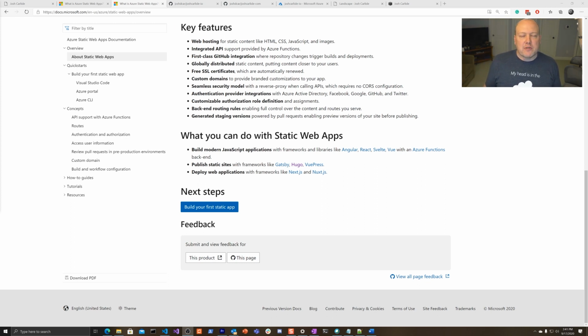So before I leave this page and we start digging into some of my own decision making, and what we're going to be doing here, starting to make some decisions about building out my new blog, I did want to call out some of those key features because they really are some of the building blocks, right? So we talked already about the web hosting and the Azure Functions API and the GitHub integration, but what makes this also interesting is the turnkey global distribution.